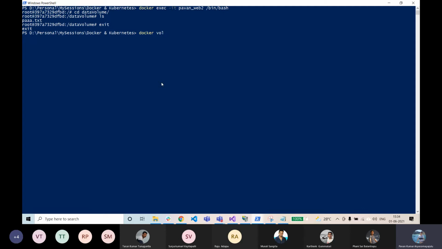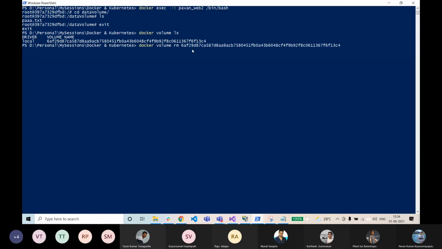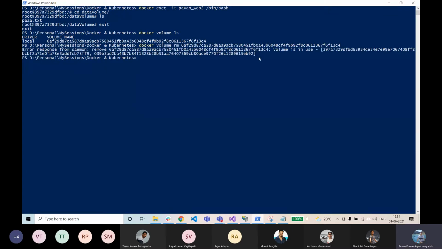Docker volume rm, and then, no. See, the volume is in use. Other containers are actually using this particular volume. So what are these items? We'll just see.